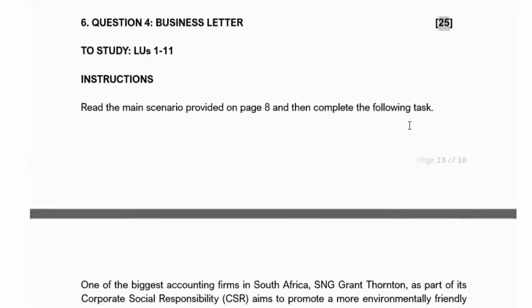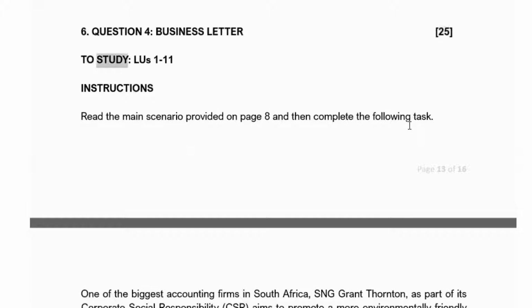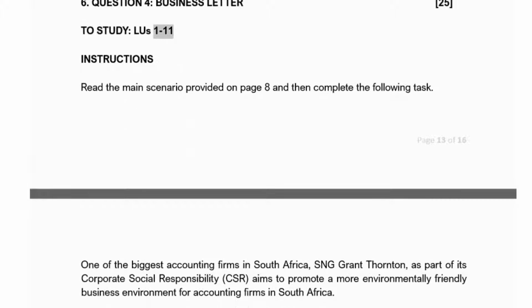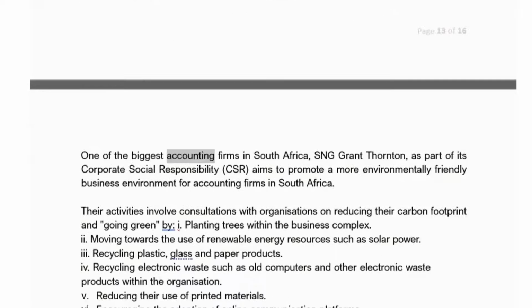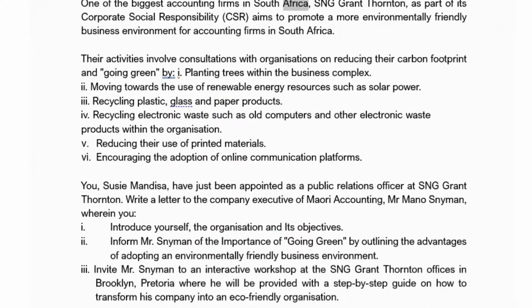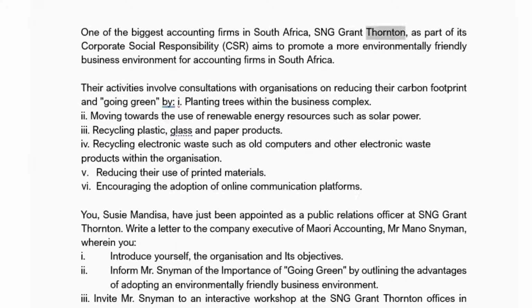6. Question 4. Business letter, 25. 2. Study, LUs 1 to 11. Instructions. Read the main scenario provided on page 8 and then complete the following task. One of the biggest accounting firms in South Africa, S&G Grant Thornton, as part of its corporate social responsibility, CSR, aims to promote a more environmentally friendly business environment for accounting firms in South Africa.